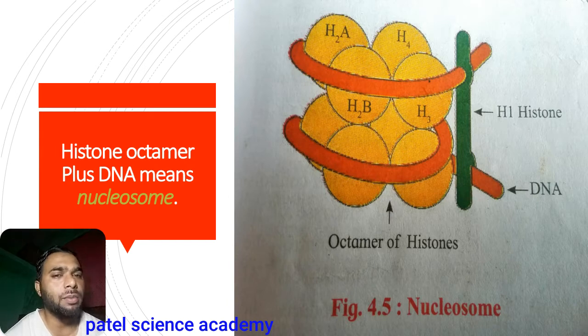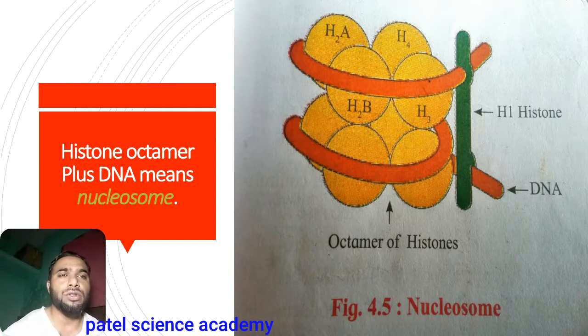What is histone octamer? The eight-molecule structure of the histone protein. How many histone proteins are there? Two H2A histone proteins, two H2B histone proteins, two molecules of H3 histone protein and two molecules of H4 histone proteins. All these together in the form of these eight balls is known as histone octamer, and you are watching here